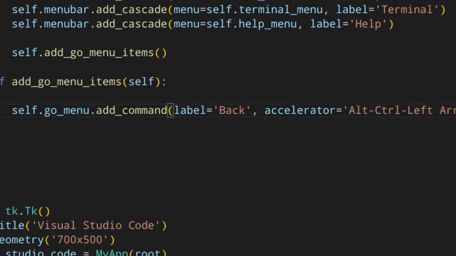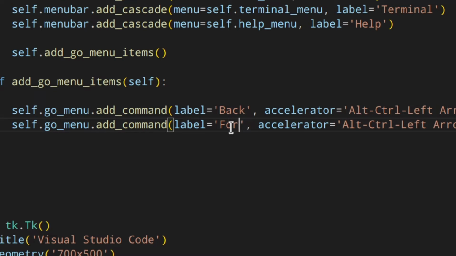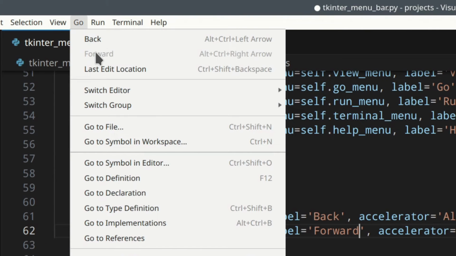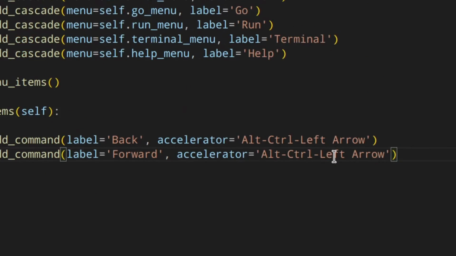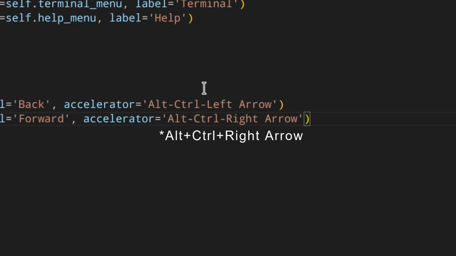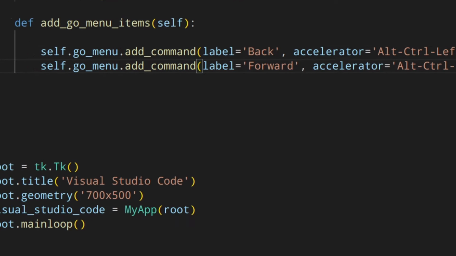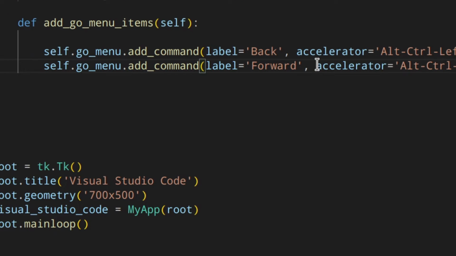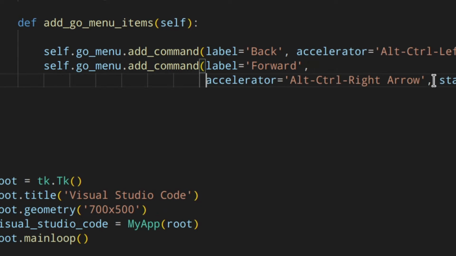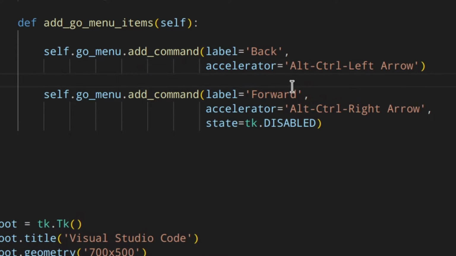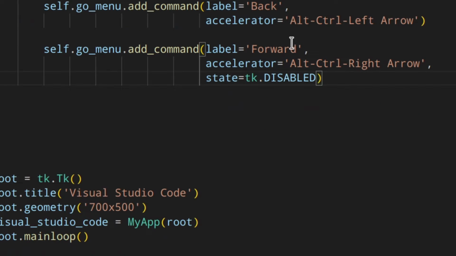Then we've got the forward button. And did you notice that here the forward is not active? So as you can see, this is not active, and you can change that by doing something like that. First of all, this is the right arrow. You can do something like state disabled. And actually, as this is quite long, we could do something like this, and then this, and maybe we could do the same thing for this one, to make things a little bit shorter.